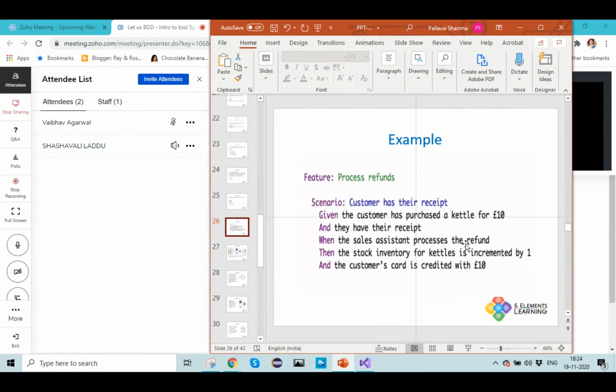When the sales assistant processes the refund, the stock inventory of kettle gets incremented by 1 and the customer card is credited with £10. The idea of writing down these concrete examples is to go into details. Don't leave out anything for imagination or vagueness. That is the objective. Do not think about a tool or a particular library when you are trying to build